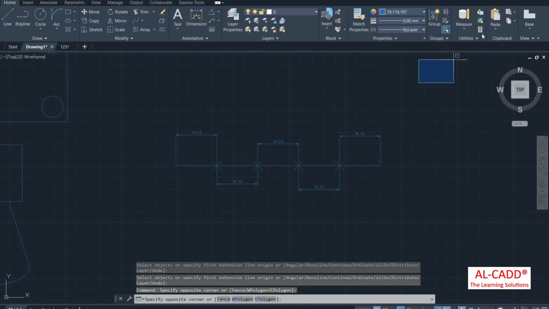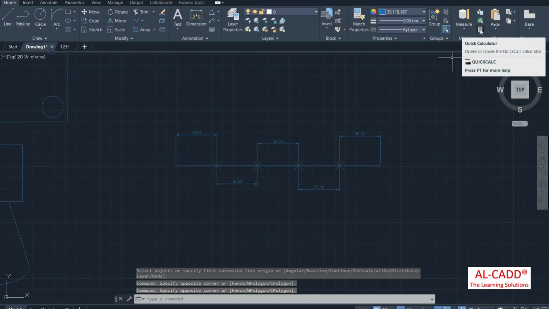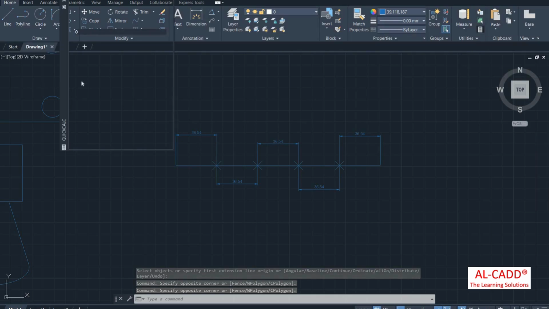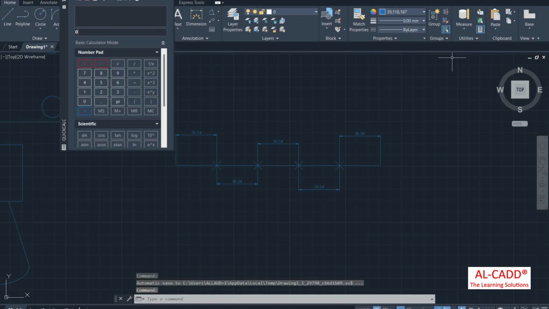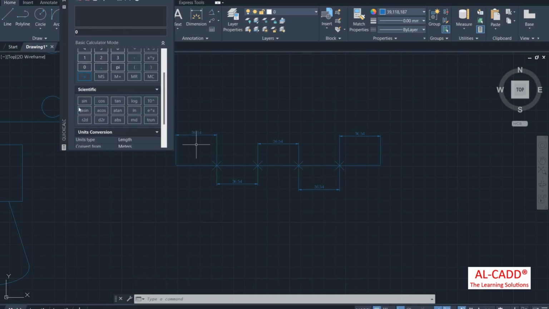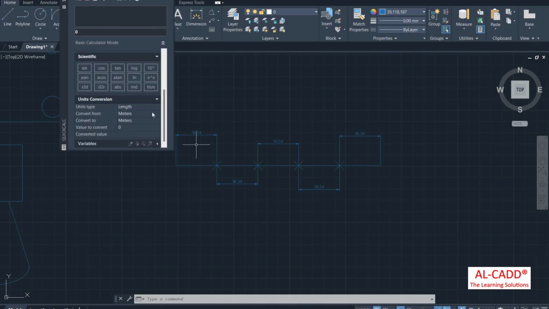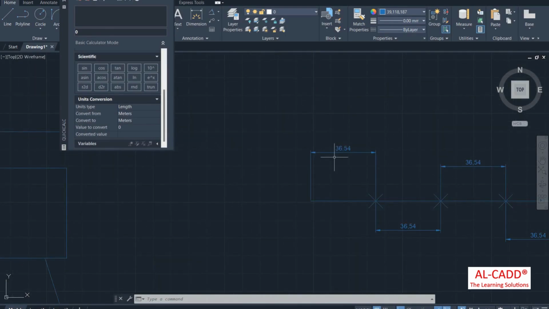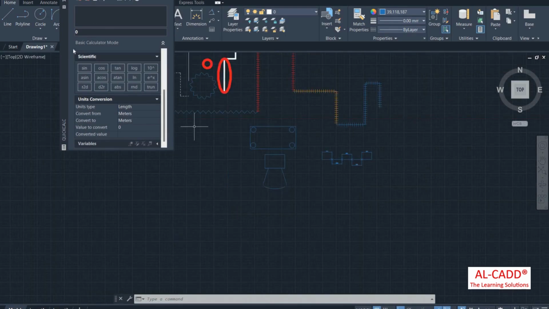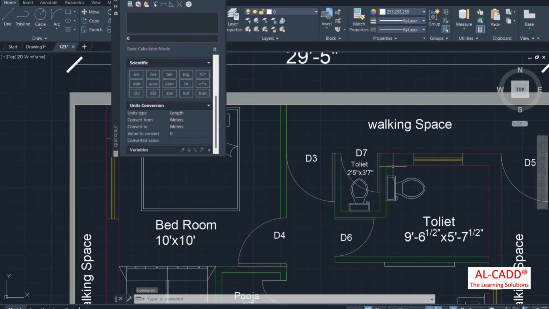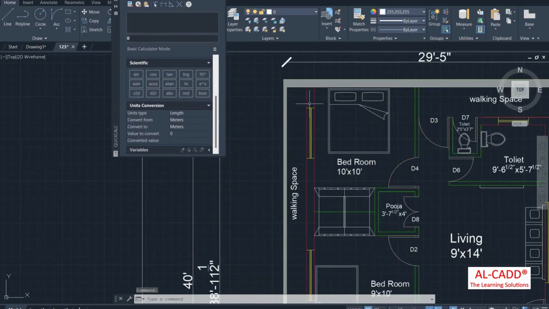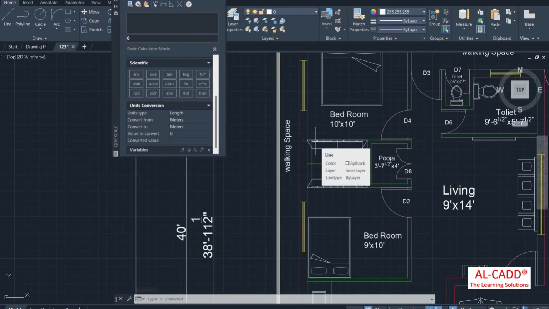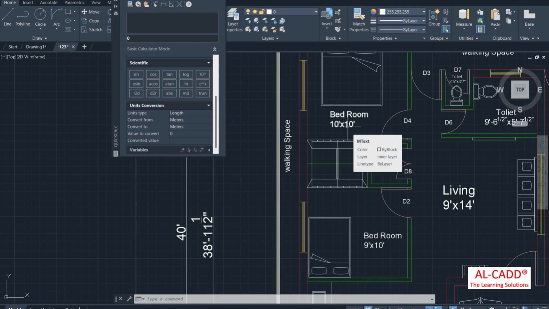Next, there is an option called calculator. Calculator you know very well. If I take this calculator, we can calculate numbers, and you can even use the scientific calculator. We also have unit conversion, which you can do very easily. Here we have the units of feet and inches in this drawing. Suppose you're facing a problem converting feet into inches or feet into millimeters. For example, if you don't know how many meters or millimeters 10 feet is equal to,